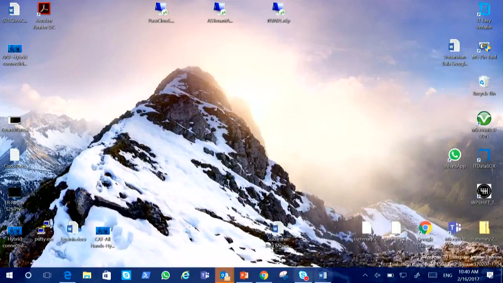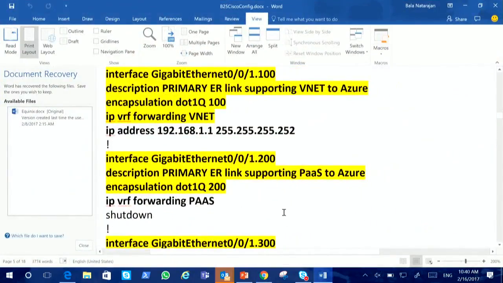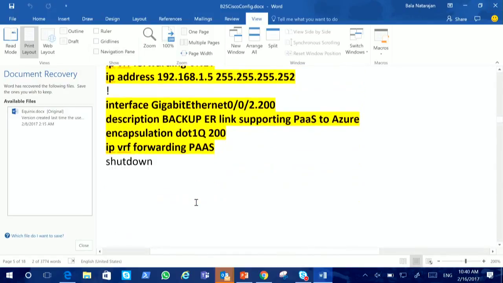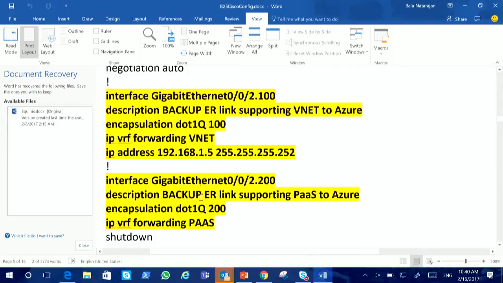And then I go to my router and configure the same thing. In my router, I set whatever queuing mechanism I used, whatever VLAN ID I'm going to use, and the IP address for my primary interface that I'm going to use. Since I have not enabled the peering for PaaS or Office 365, I have not configured anything there. And this is the secondary interface that I'm going to use for the second ER connection. Similarly, there I'm not using any Office or Microsoft peering, so those interfaces are down.